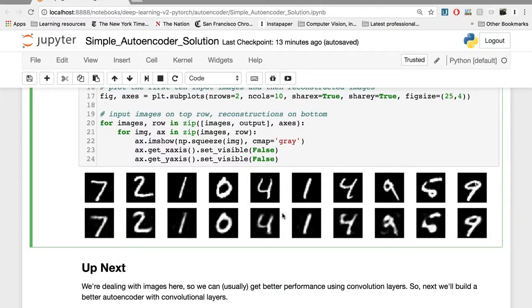For the most part, these reconstructions look pretty good, almost identical to the original images in some cases. But there do seem to be some weird blurry artifacts around the edges and curves of some digits. You can experiment with adding more linear layers to this model, but next, since we know that most image analysis tasks are better done by convolutional layers, let's see how we might create a good convolutional autoencoder.